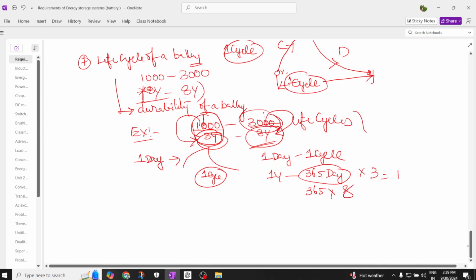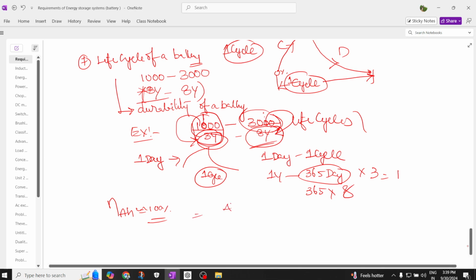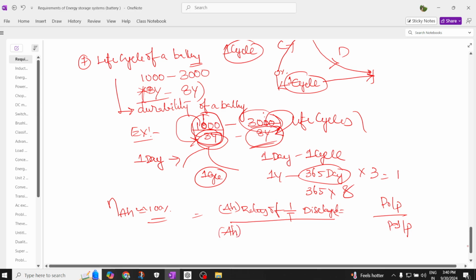Next, already we discussed the ampere hour efficiency of a battery. This will generally be approximated to nearly 100%. The ampere hour efficiency of a battery is nothing but the ampere hour rating of a battery discharge. What does this discharge mean? Generally, efficiency we can call output power to input power. What is the output of a battery? It is nothing but the battery discharged, divided by the ampere hour rating of a battery